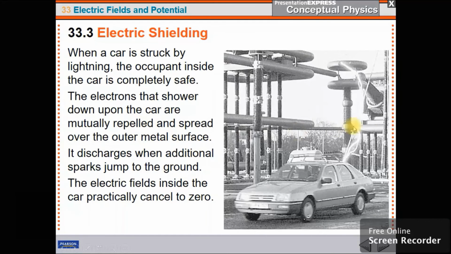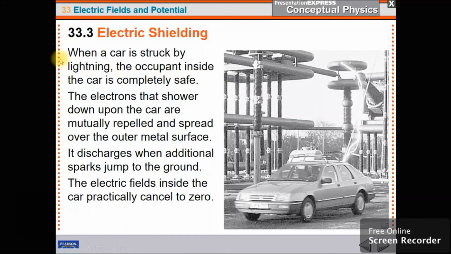So here's something interesting. This is a lightning bolt generator. And this is somewhere in Detroit where they test cars to see what happens when they're hit by lightning bolts. This is lightning coming off that generator and it hits the car, and you don't see where it goes to ground, but in the back of the car it goes from the metal shell of the car, and then it comes out of the car and down to the ground. Why? Because it doesn't go through the tires. The tires are rubber, and rubber is a very good insulator.